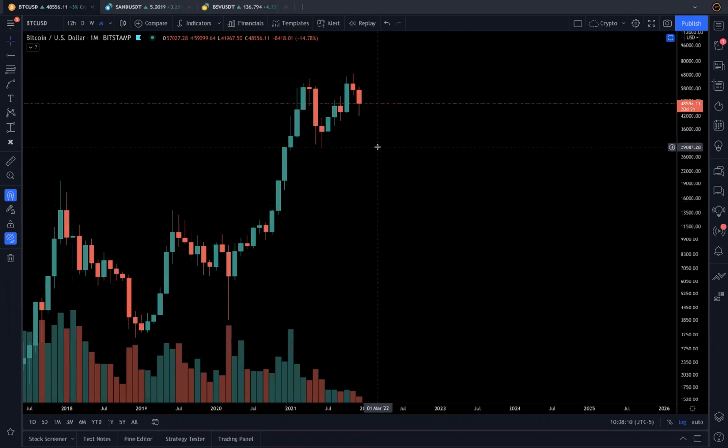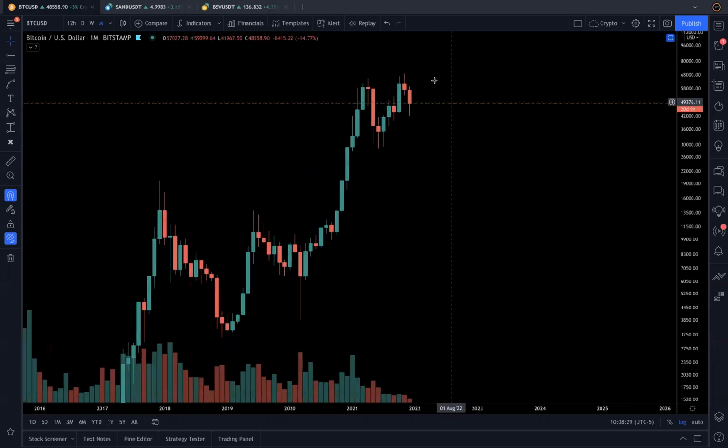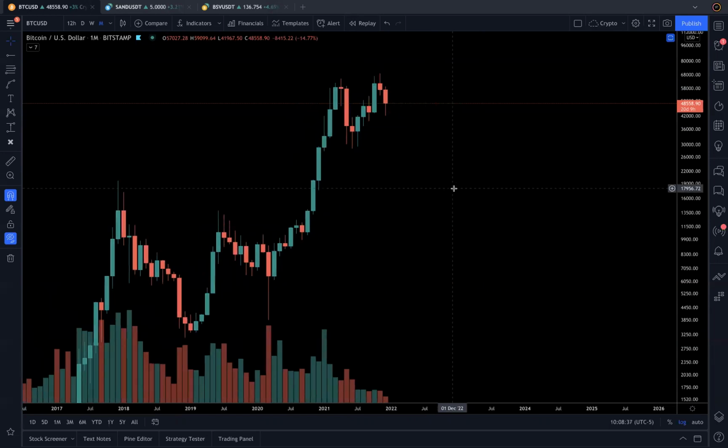It must not reach here, as I explained. Up to this level is still okay, 39, 38k. Anything below 38k is like a big red flag. And yesterday I said that I consider this is the end of the bull run unless it breaks above 58k. So you can say that's a conditional call. Conditional call means it's a condition. So if it breaks above 58k, then the call has to be ignored. Otherwise, because sometimes it's easier,